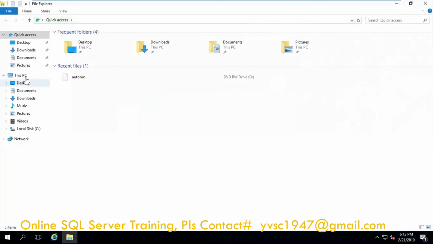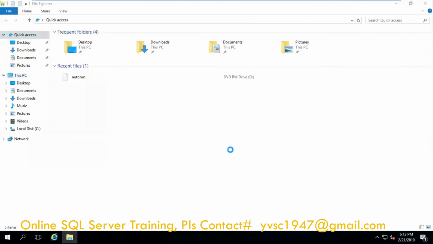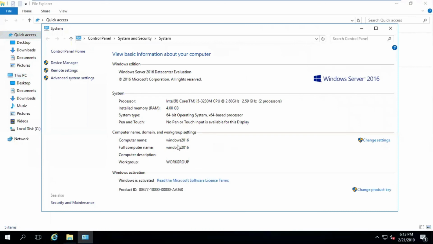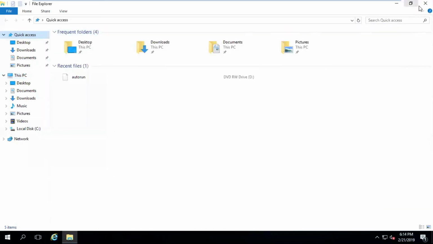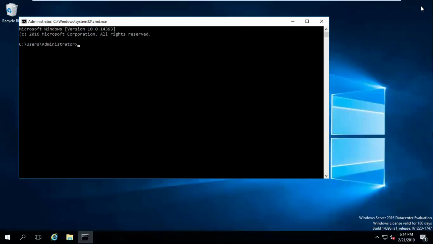Go here, properties. See, Windows 2016, your computer name. Go to the Run command. Hostname, see, Windows 2016.